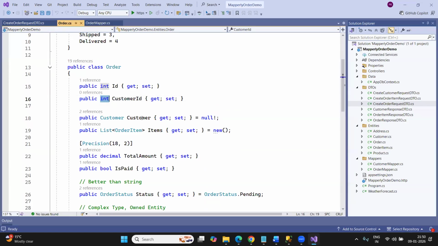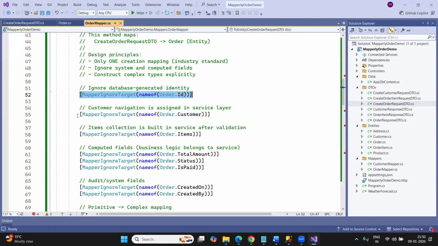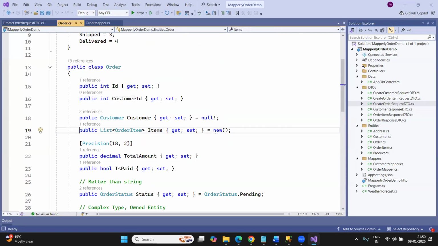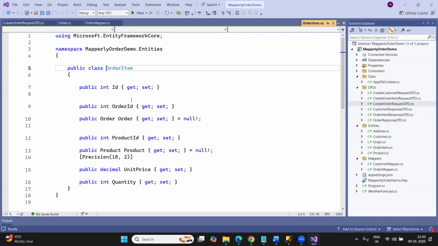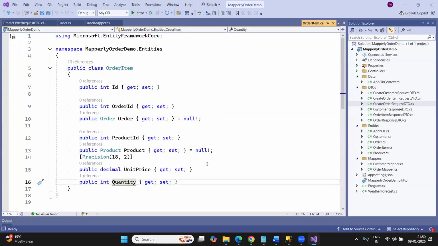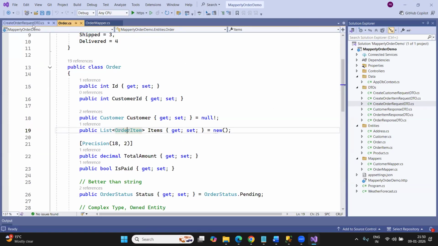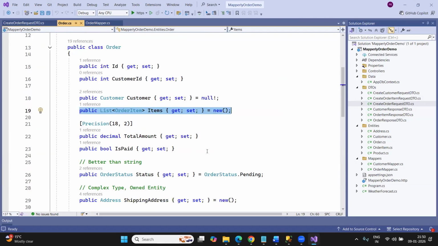I want customer ID, but not this customer object. Ignore the customer object, right? So this, I don't want to map this order items directly here. I want to store the order items by doing the operation, because in my order item I'm having multiple properties: ID, product ID, unit price, quantity, whether they are available or not. What is the current price, I need to fetch from the database. So I don't want to map that order items directly. I will set items programmatically, as per my business logic,